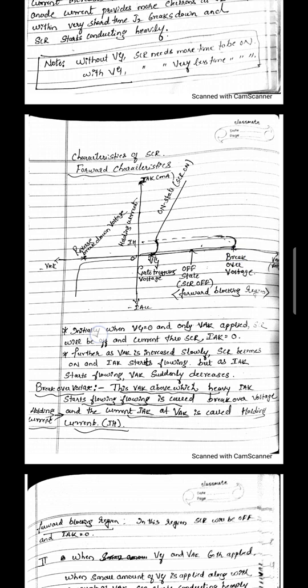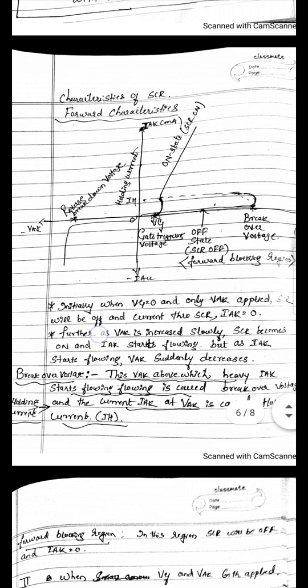But when heavy current starts flowing through the SCR, this VAK goes down. It will not remain at this high value; it reduces and the current starts increasing. That is what is shown here. VAK has been increased till this point, and the current was almost 0. Now you are getting a current here. Current was 0 here, and now there is a large increase in current, but the voltage has decreased. That decrease is shown by a dotted line. VAK is getting reduced and that time you are getting high current through the SCR.